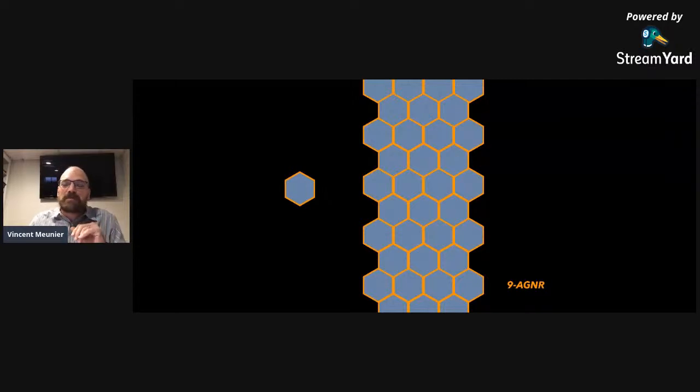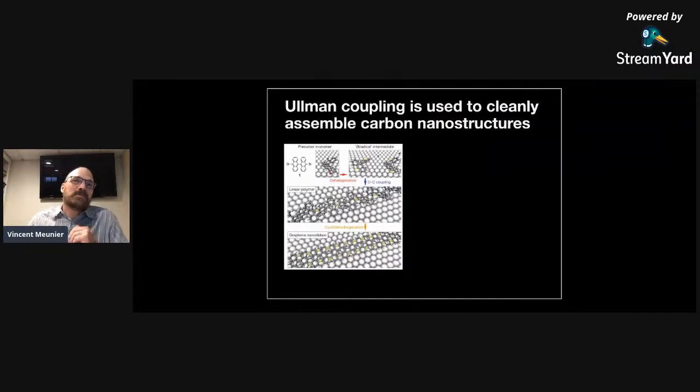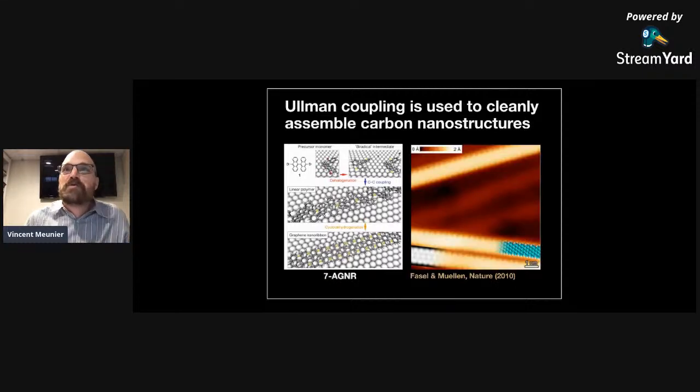So this is just a name. I'm not going to spend too much time. It's just 9 dimers along the width. But this is nice to do on the screen. It turns out that it's also possible to do that in reality. And this is done with what is called the Ullmann coupling. It can be done from certain precursors. So physicists, and this work was actually done by Klaus Müllen and Roman Fasel in 2010, were able to assemble those Lego blocks, if you will, to create those perfect ribbons of graphene together.